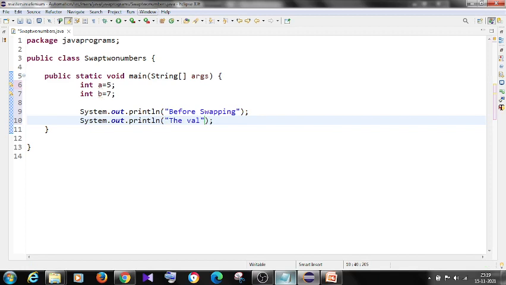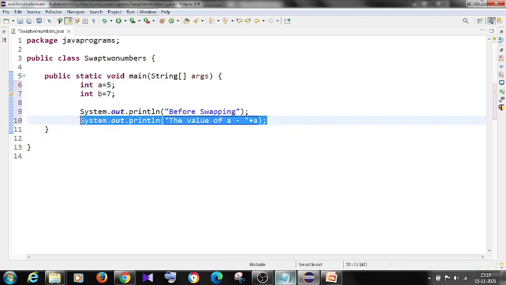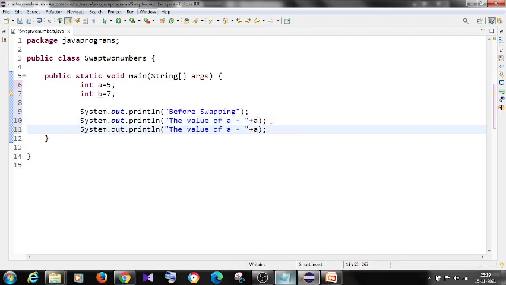Value of A and value of B. Okay. Now the logic part.